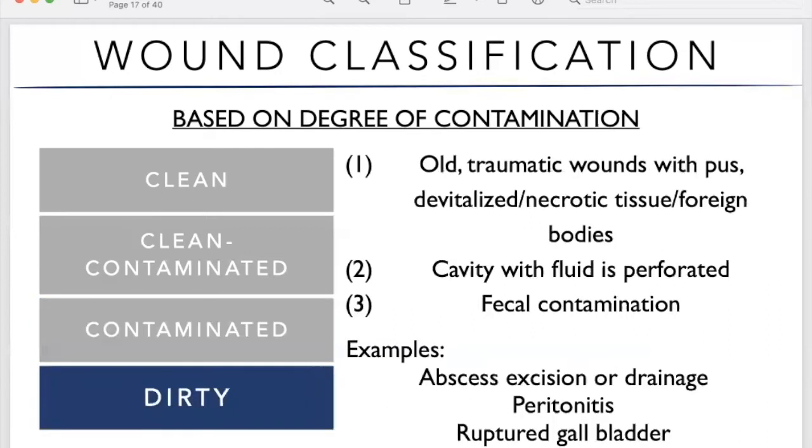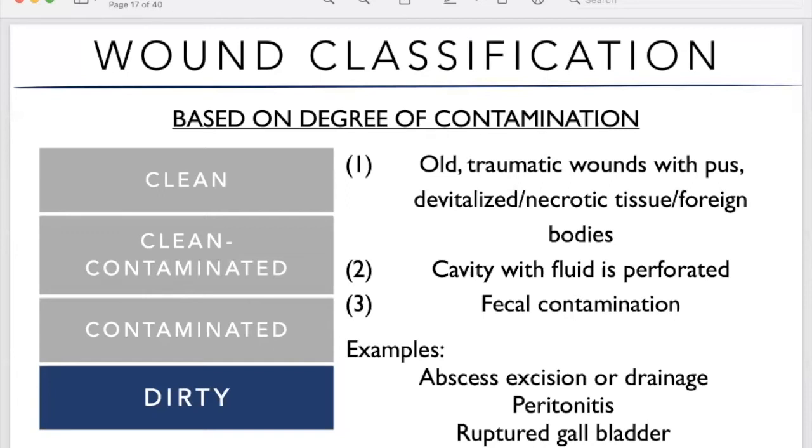And dirty, right? Dirty. These are old traumatic wounds with may nana, there's necrotic tissue, you see foreign bodies in the wound like dirt, soil, branches, leaves, okay? You'll see that. I've seen a lot of foreign bodies in wounds. Dirty would also be a